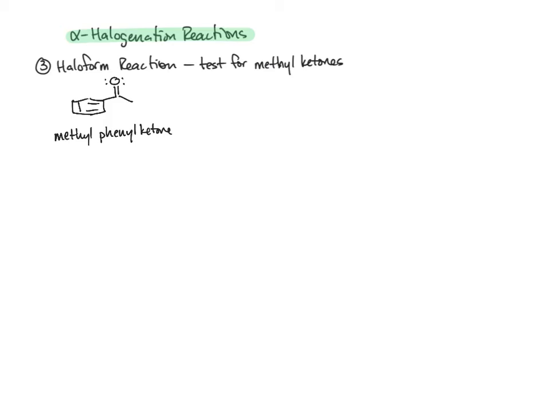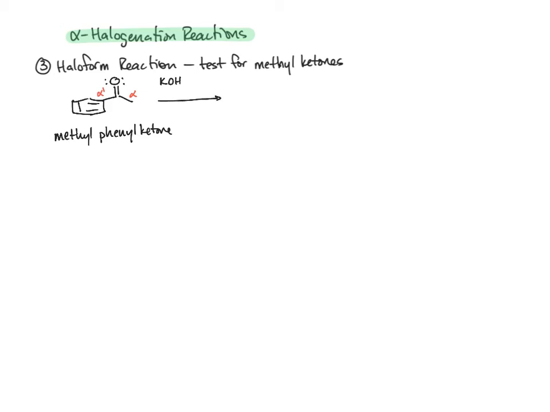If we identify the alpha carbons, we have alpha and alpha prime, and you can see that the alpha prime carbon is not bearing any hydrogens, so we call it non-enolizable. So therefore, all the action is going to take place at the alpha carbon, which in this case has 3 hydrogens. The conditions for the haloform reaction,